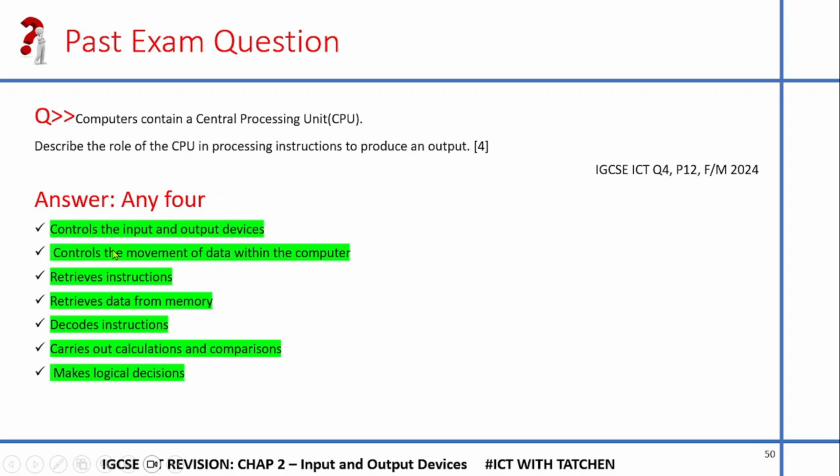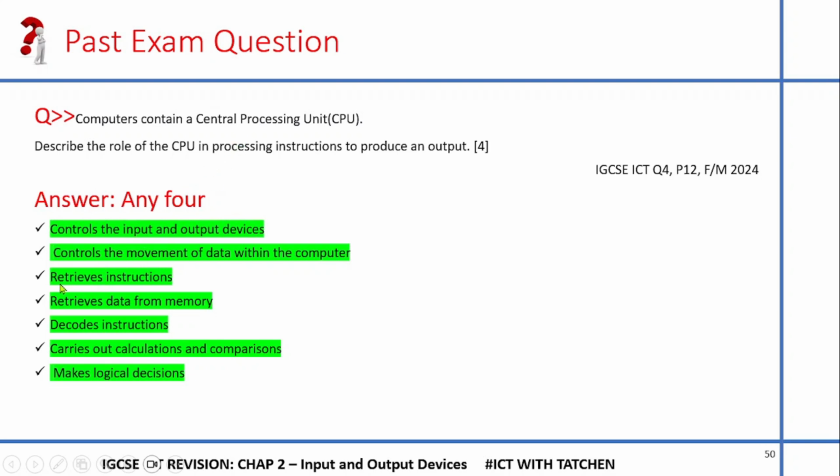First of all, you should know that the CPU controls the input and output devices. It's like your brain somehow controls what you say and what you take in. So that is what I'm indirectly telling you. It also controls the movement of data within the computer. Yes, the CPU controls which information should be sent out, which information should come in, which information needs